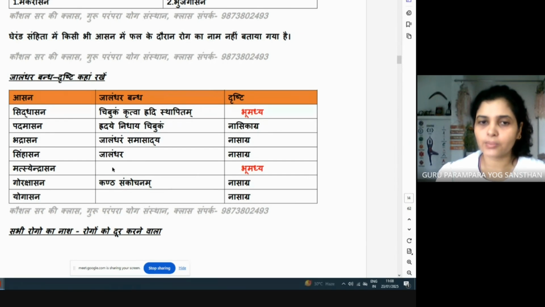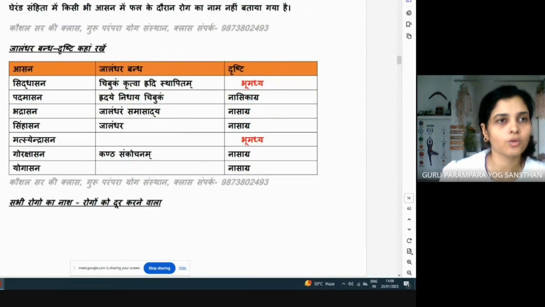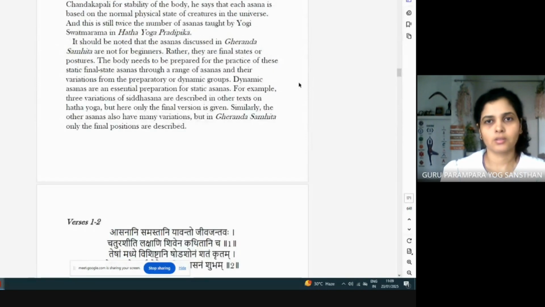Gorakshasana, they have not mentioned Jalandhar Bandh, but they have written Kantha Sankochanam. This word Kantha Sankochanam again means Jalandhar Bandh itself, but the word is not written, but we can understand what they are saying. You have to apply Jalandhar Bandh. So just make a note of where you will be using Jalandhar Bandh: Siddhasan, Padmasan, Bhadrasan, Sinhasan, and Gorakshasana. These 4 are the important asanas, and separately you have to remember Gorakshasana. This much. Now we'll go back to the